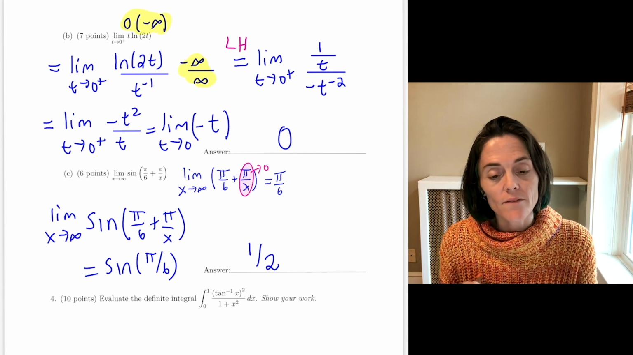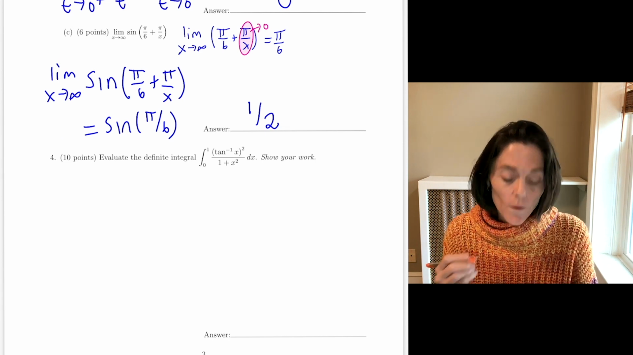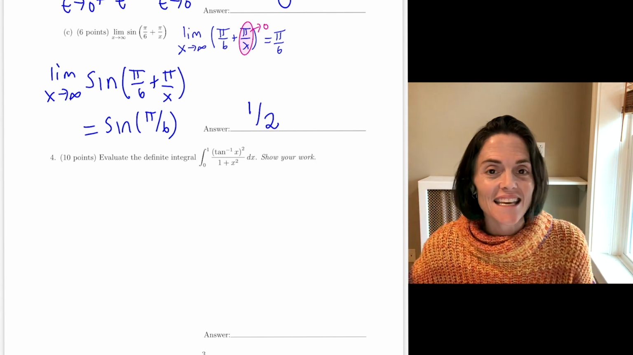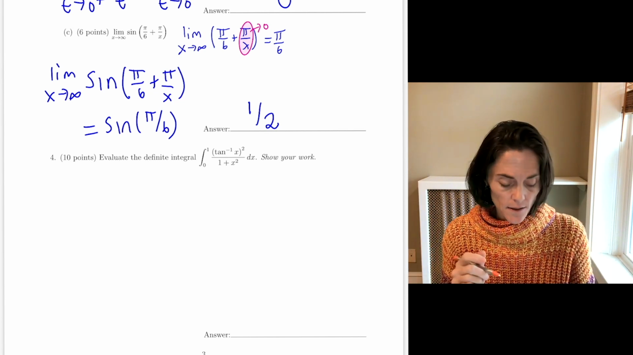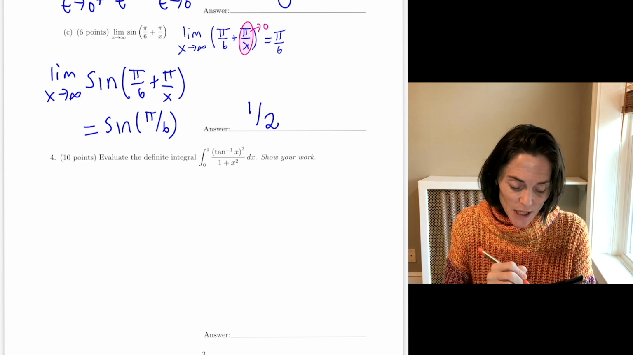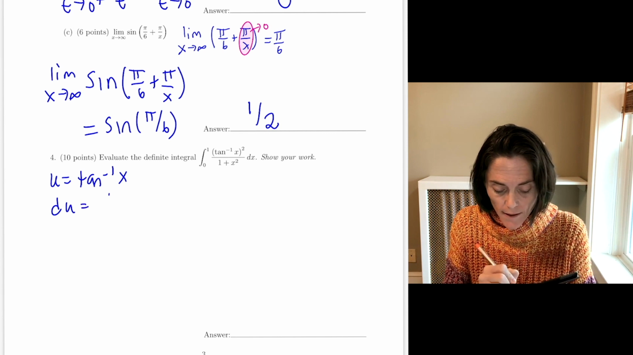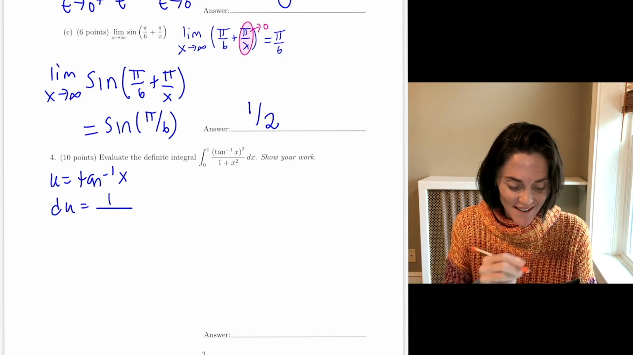Number 4, we evaluate this definite integral. Show our work. Well, we see parentheses. More than that, the derivative of tan inverse is 1 over 1 plus x squared. So I'm going to use that here. My u is the tan inverse of x. du is 1 over 1 plus x squared